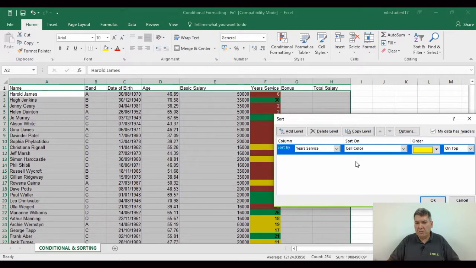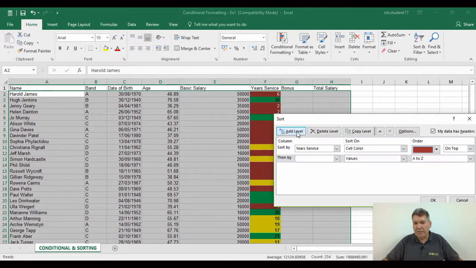Now what you can do with color coding when you've got 3 colors, within different areas you get something called red, amber, green control, and it's often used in manufacturing and many operational needs. Some organizations call it RAG control, R-A-G, so red, amber, green. It's like a traffic light approach. So what I could do is put on top red, so it's the top of the traffic light. I can then add a level back to my use service. I can then say cell color, and I can say